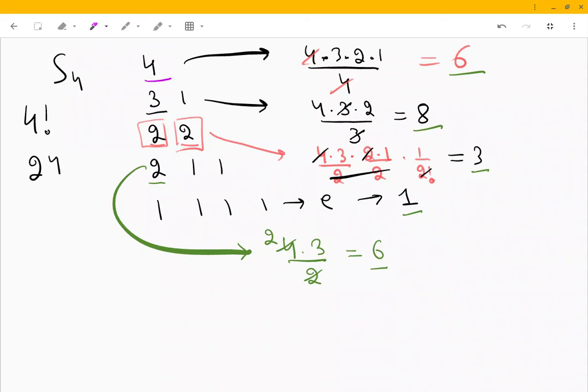I'm talking about these 4 which are to be permuted. Like in this case, we have 1, 2, 3, and 4. We have 4 and we need their arrangements. So it can happen in 4 factorial ways, but each combination,